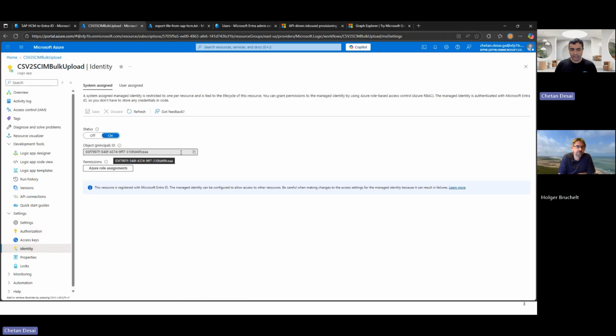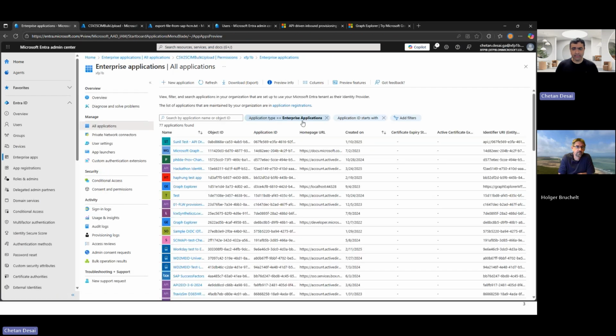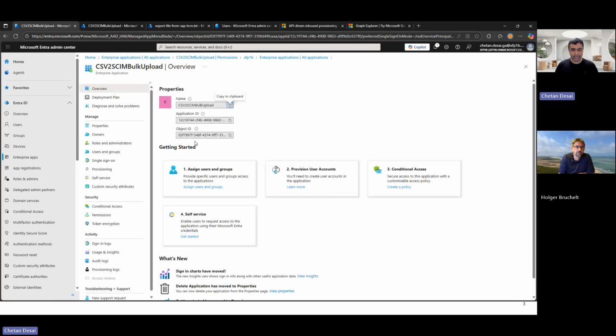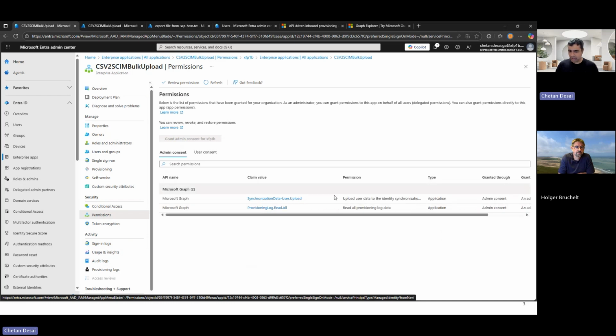Apps. And you will notice here, if you copy this object ID and go back to the enterprise applications, I can quickly search for this. So I've created this object ID, which represents the managed identity. And the only permissions you want to make sure that this managed identity has is a permission called synchronization data user upload and provisioning log read all. So that's the only